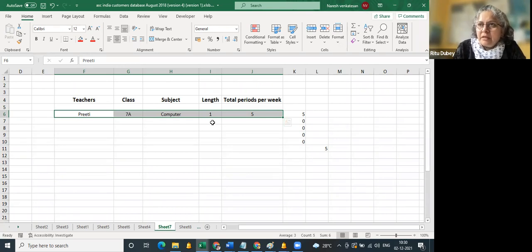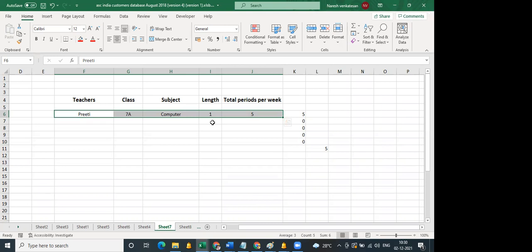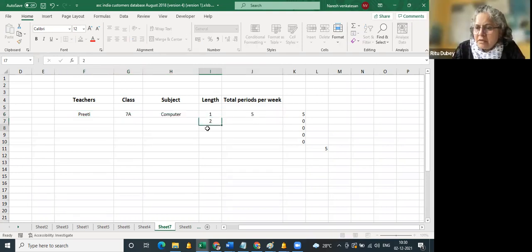If you can clarify what is understood by the term length of the period. Okay. So, length is typically the duration of the class. Duration might vary, whether it's 45 minutes or 30 minutes. And if you're having two consecutive sessions, the length will be 2. Okay, thank you.